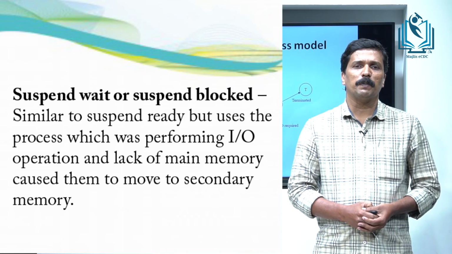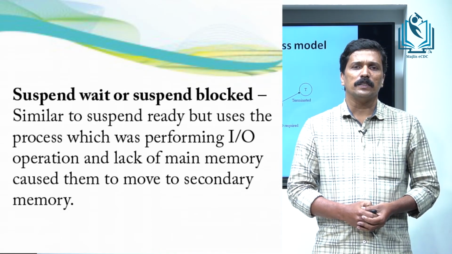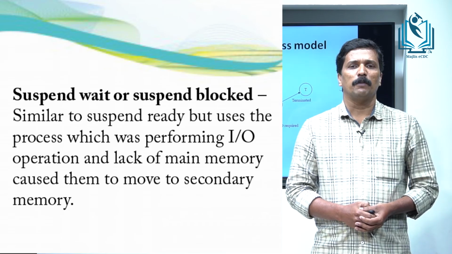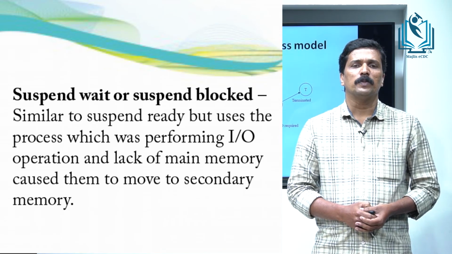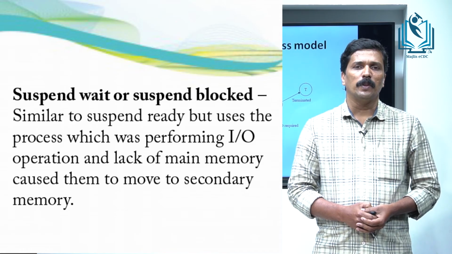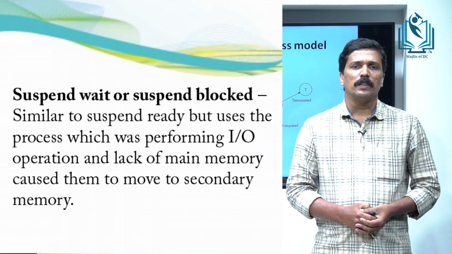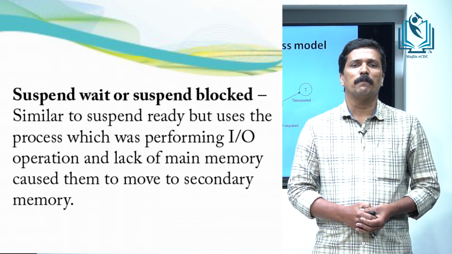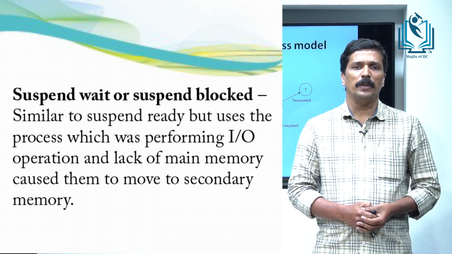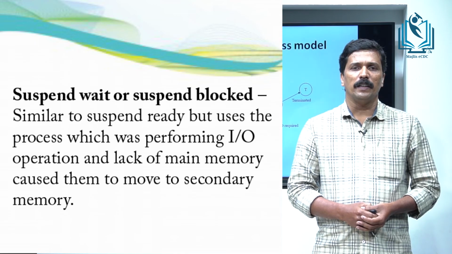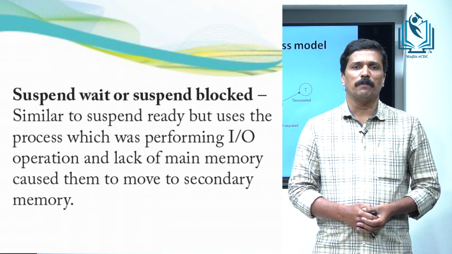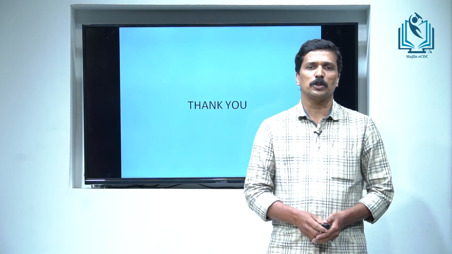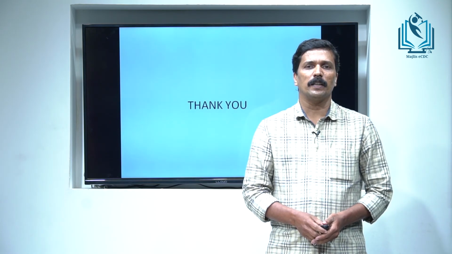Or when a suspended process is ready to execute, but the primary memory does not have enough space to hold that particular process, then the process moves from suspended block to suspended ready queue, and when that particular process gets the CPU time to execute, then it moves from the suspended ready queue to ready queue and moves to the running state and completes its execution. I hope now all of you get an idea about process model, operations on the process and process states.